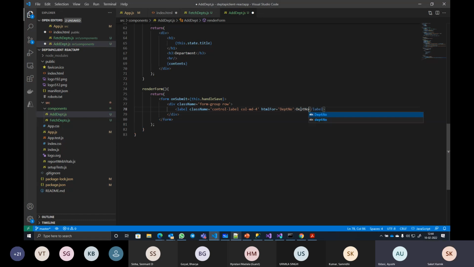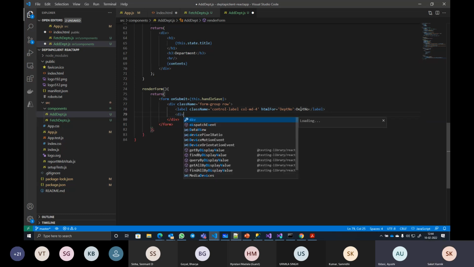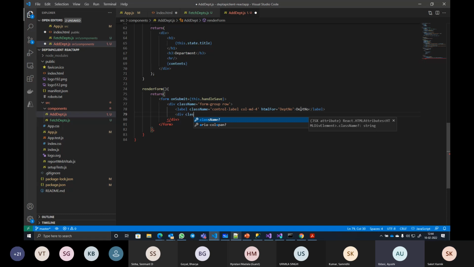Here I put the text department number. Class name as col-md-4.